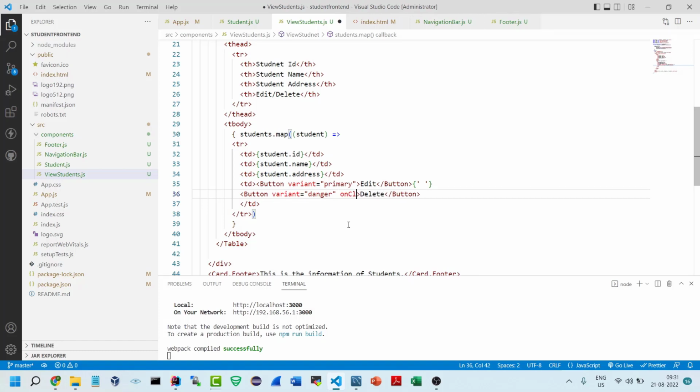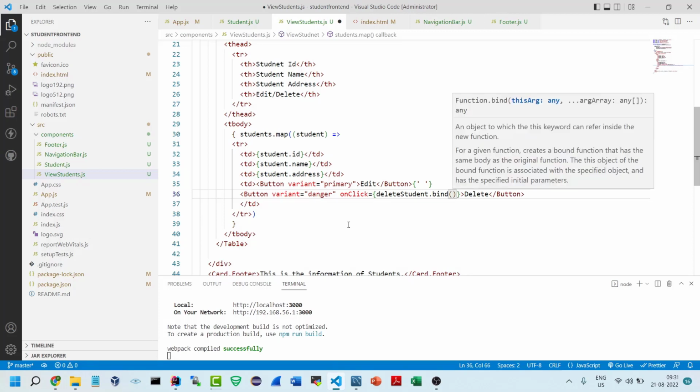So whenever the user clicks on this button, at that time this event is supposed to be generated. Here on click I am writing the delete student method, and I have to bind this, then this would work. So delete dot bind, to this